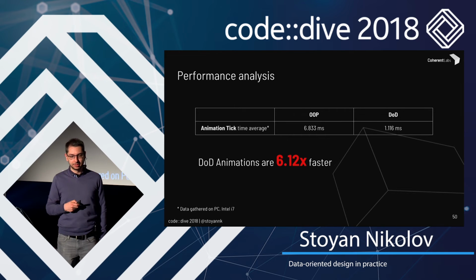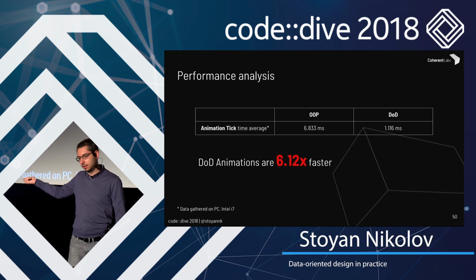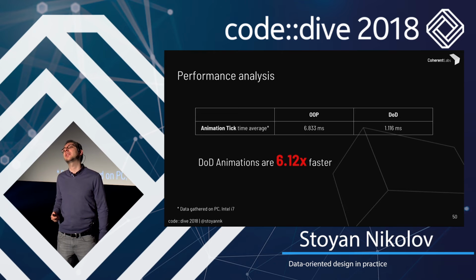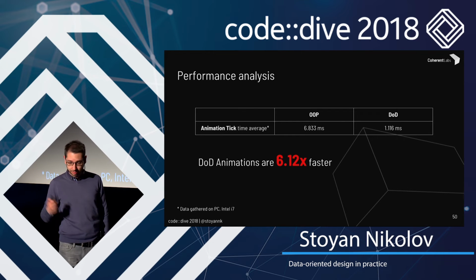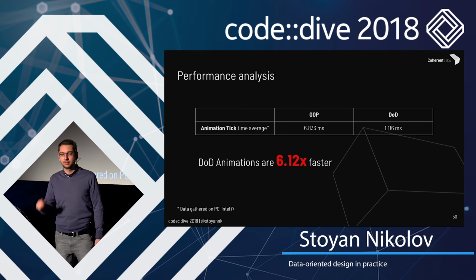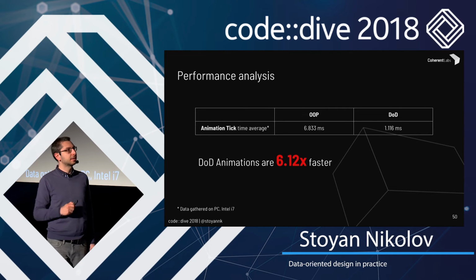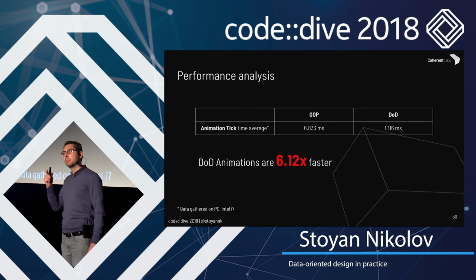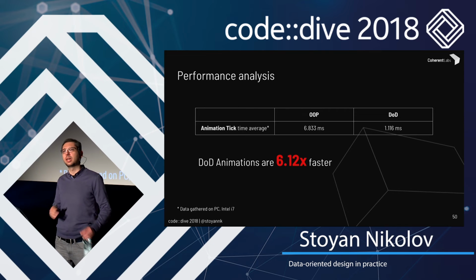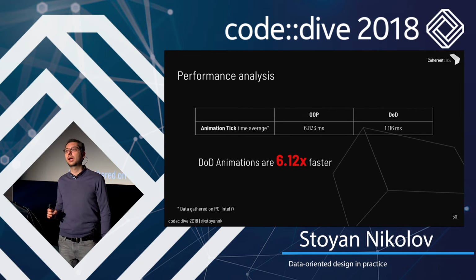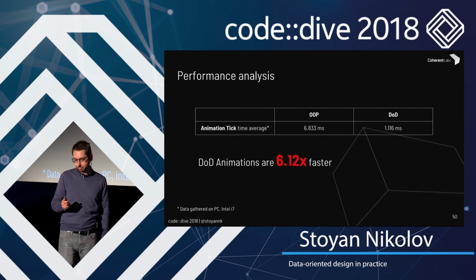So the performance analysis. This is a performance analysis on my PC, which is an Intel i7 with a lot of cache. So if you go for a machine that has less cache, the results are even better. But we're already 6 times faster. So the animation system that we designed with data-oriented design is running 6 times faster, which is not like 10% or 30%. It's significantly faster. But note that we didn't change the algorithm. We didn't invent a new amazing data structure. We did that just by reordering the data and knowing how our machine will best make use of it.